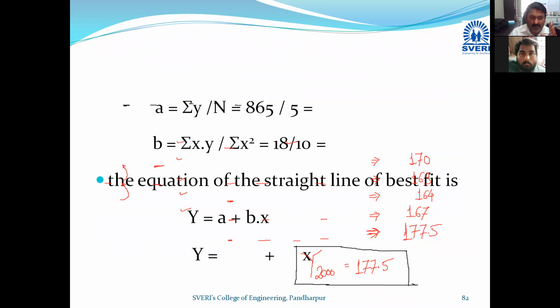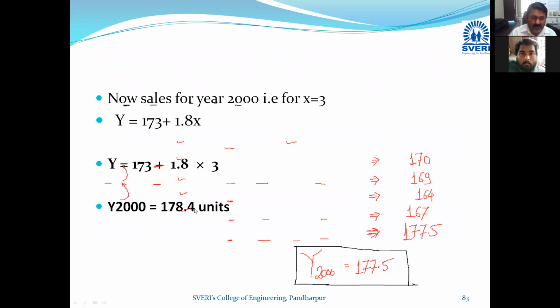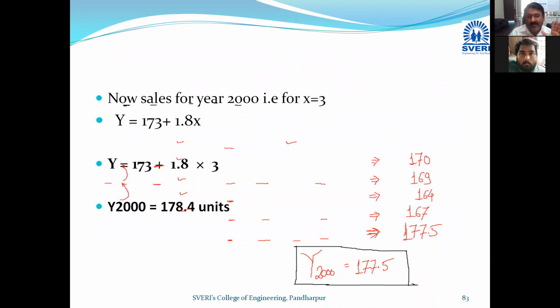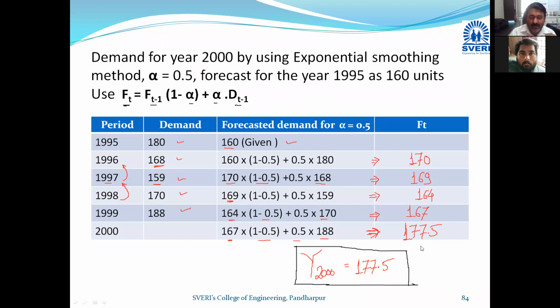Compare the forecast. So this is the forecast 178.4 by the first method. Okay, what is the first method? Least square method, and second by exponential smoothing 177.5. Just a comparison, and that's enough. The problem is over. So before proceeding further, this is the comparison, and if you want to highlight, you can again highlight that by this method answer is this much, and by another method answer is this much. Okay, so this is about exponential smoothing method. Okay, friends, let us proceed further.